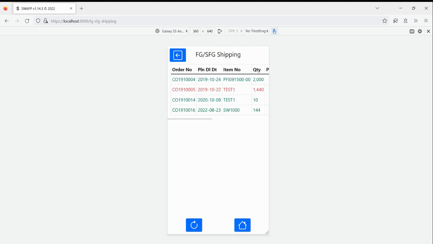Swap tells you what you shall pick for delivery to the customer. Swap gives you the status directly so that you know if you shall put time into taking it out from stock or not. This also tells you if you're working on the right things or not and saves a lot of time. By seeing the different status colors and also the checkboxes, we can see whether fresh pallets are available or not. If this checkbox is selected, it indicates that fresh pallets are available. So the user can directly do the stock movement to the customer without wasting any time.